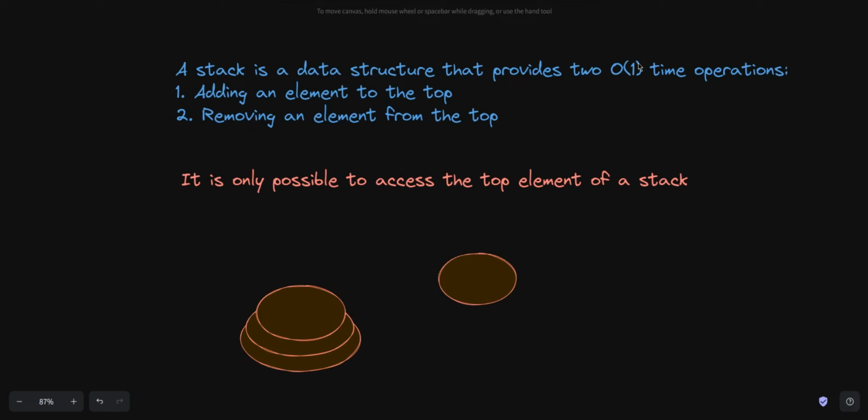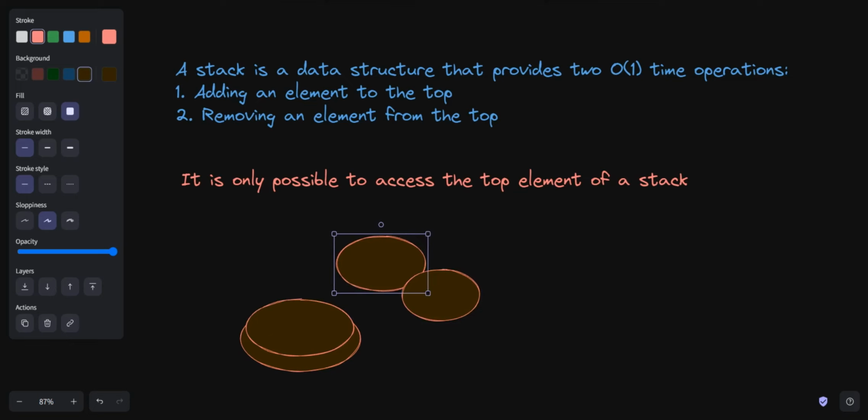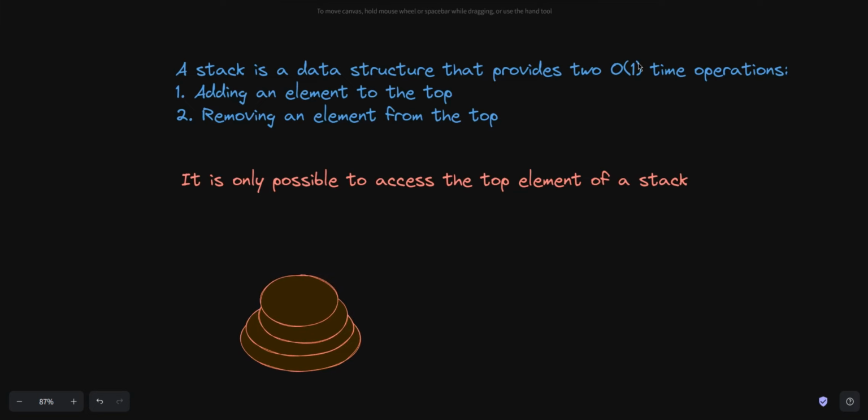A stack is a data structure that provides two O(1) time operations. One is adding an element to the top and another one is removing an element from the top. So it is important that it is only possible to access the top element of a stack, right? So basically we can add an element to the top of a stack and remove an element from the top. So we can only access the top element in the stack,